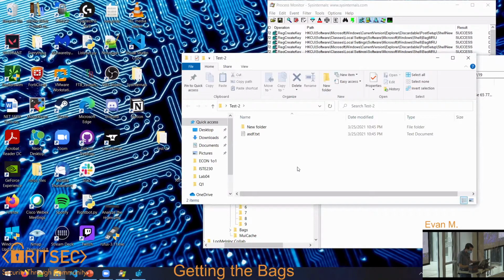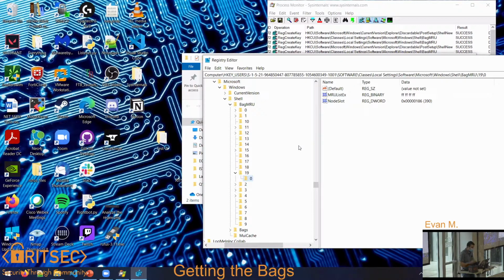There it is. Okay, so in test-tac2, we see new folder and asdf.txt. So this goes back to my point when I was introducing shellbags, is it doesn't talk about files. That's the one thing that shellbags doesn't do, it doesn't talk about files. So that's, while a downside, it's not that big of a deal, but now we can go back here and